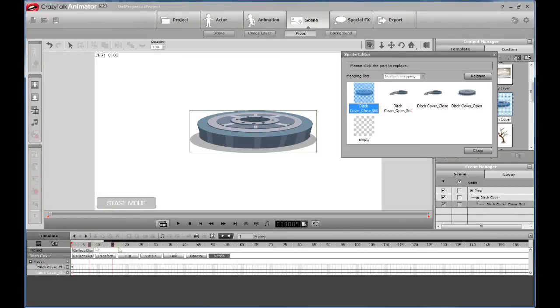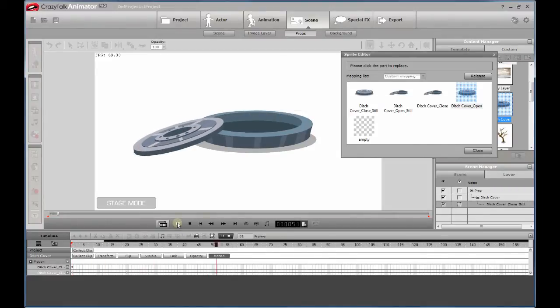And let's move out to, say, frame 20, and we want it to open. So then we go over and switch sprites over to the cover open animation. And if you notice down here on our timeline, you'll see another little diamond there, which means we had a sprite switch, and we are now on a different sprite. So if we rewind and play this, we can see that it opens starting at 20 and ends somewhere around